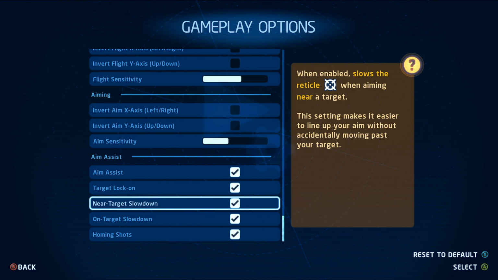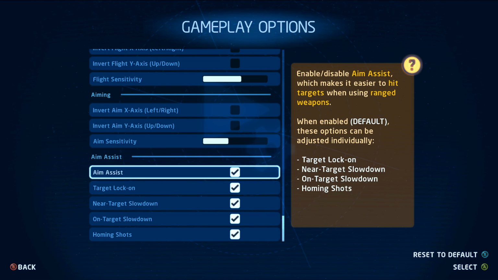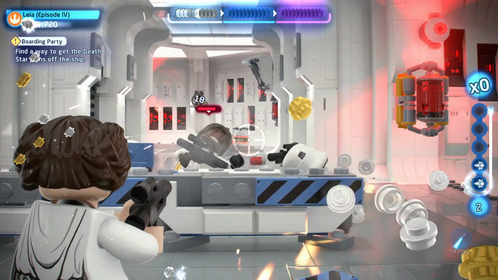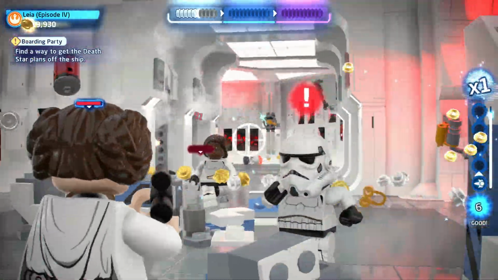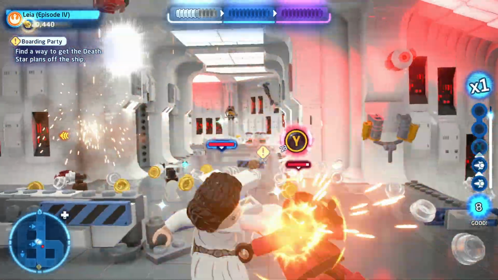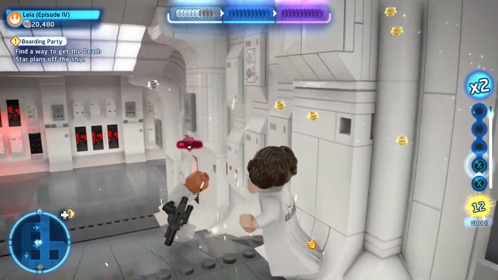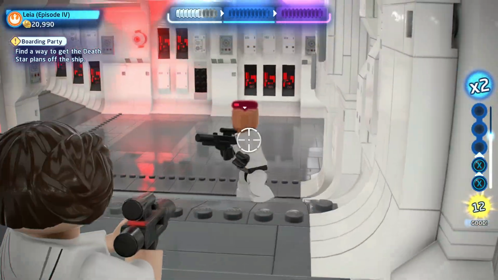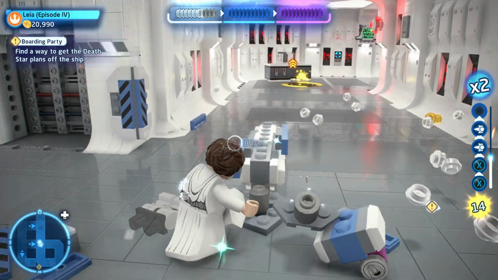The aim assist settings in the Skywalker Saga game are also really cool. You have a range of different options in here. You have the target lock on, which allows you to quick trigger lock onto targets with the controller. Target slowdown, which gives you enhanced accuracy when aiming with the controller. So when you aim in with a gun, it will slow your crosshair and the speed of its movement when you're close by to an enemy to make you a little bit more precise when aiming. There's also homing bullets, which kind of just target and move towards the enemies even if you're not completely aiming on them. This just basically makes controller aiming feel far more fluid,